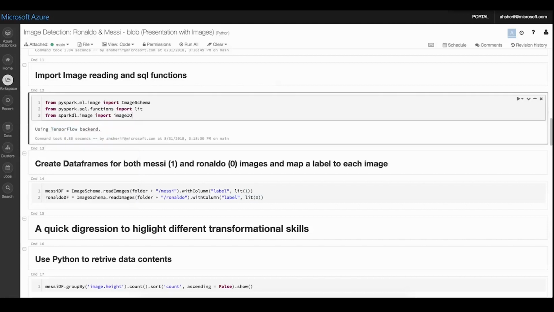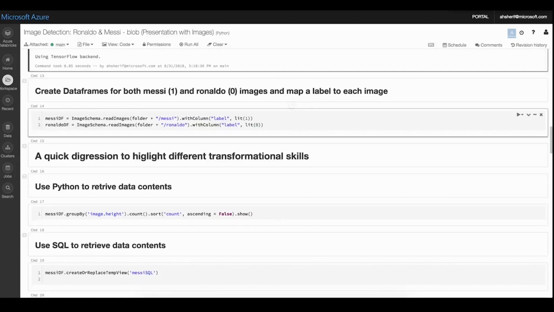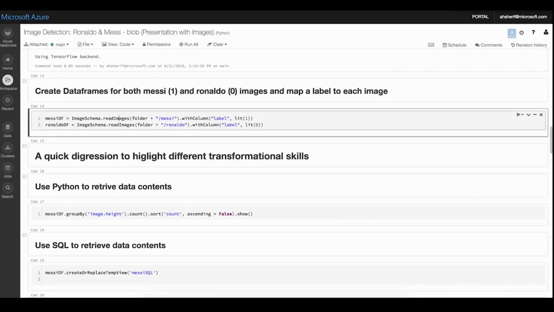You can get that information without having to even leave. So, some nice features that you can get out of Databricks. What I'm going to do is label these images. I'm going to say all the Messi images, I'm going to label them with a 1, and all the Ronaldo images, I'm going to label them with a 0. And that's what I'm doing here, creating a column called